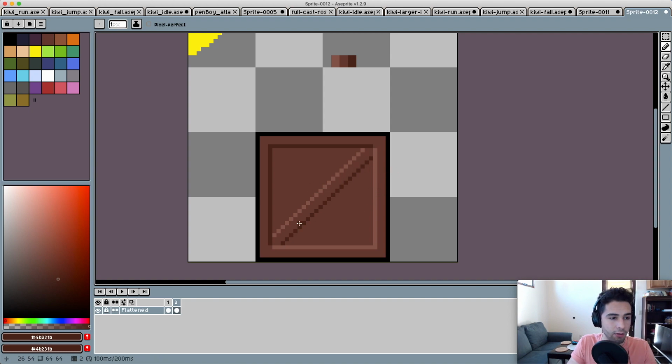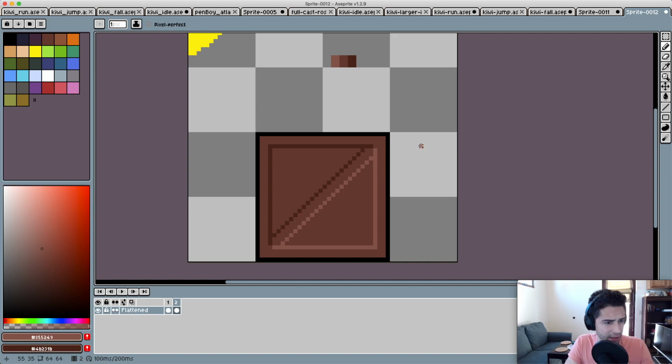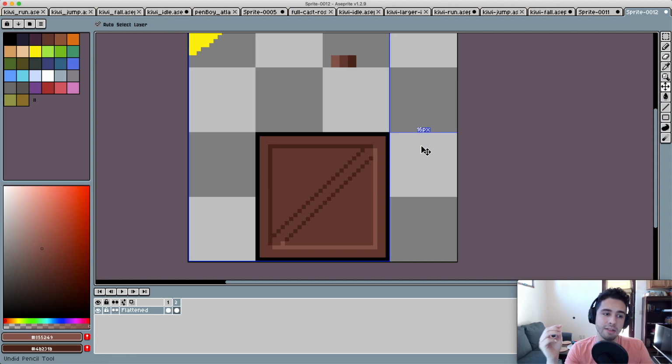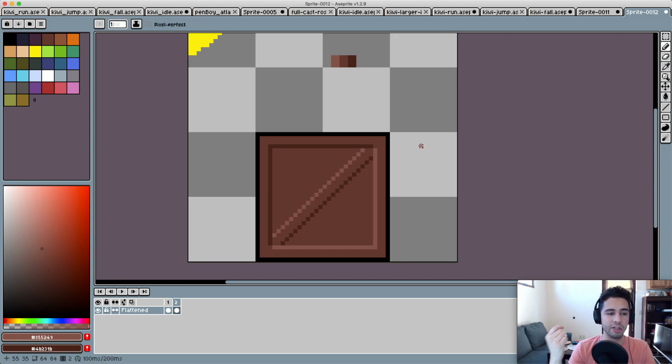Okay, so it looks like this whole crossbar itself is kind of pushed out away from the box. It has a little bit more of depth, like it's coming towards us. Now let's go ahead and flip that to see what it looks like. And now it kind of looks like a little bit the opposite. This one's actually kind of weird. I'm not really sure how the perspective comes off on this one. But as you can see, changing just the light and dark color applications to these edges really changes a lot